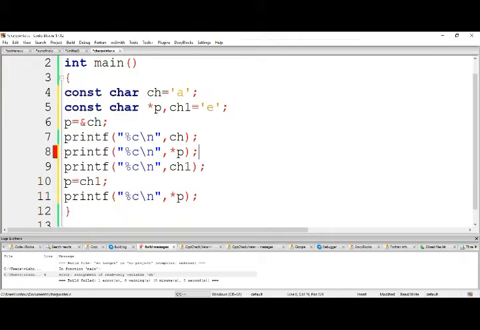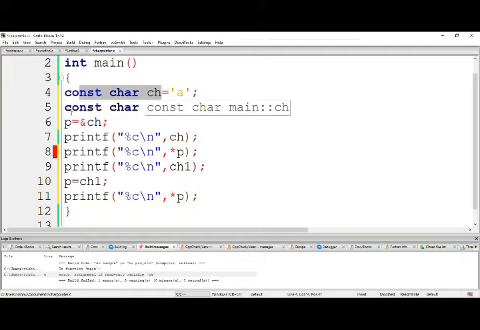Can I change the value of p here? Yes, we can. In the previous case, while using const char ch, if I modify the value, we got a compile time error, because it is a constant character. We can't change the read only memory.